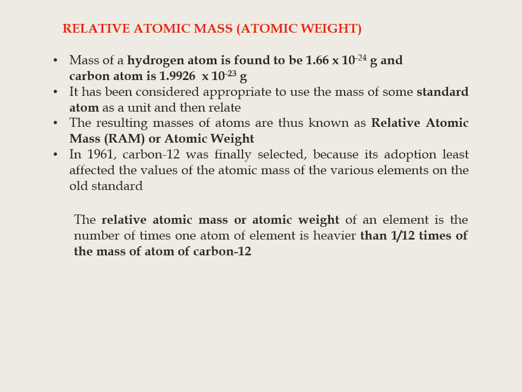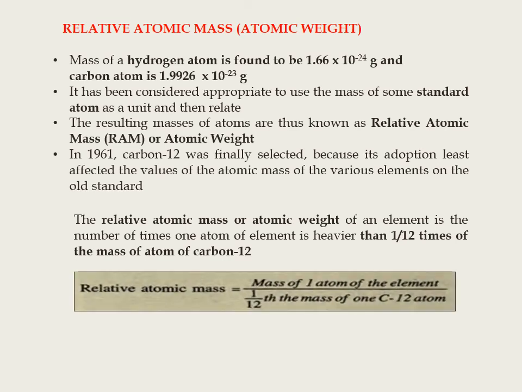So the relative atomic mass or atomic weight of an element is the number of times one atom of the element is heavier than 1/12 of the mass of an atom of carbon-12. Thus, the relative atomic mass is equal to the mass of one atom of the element divided by 1/12 of the mass